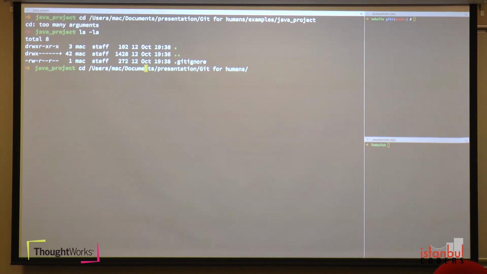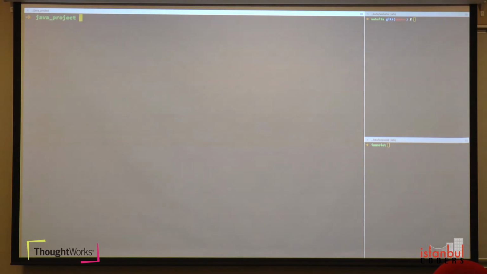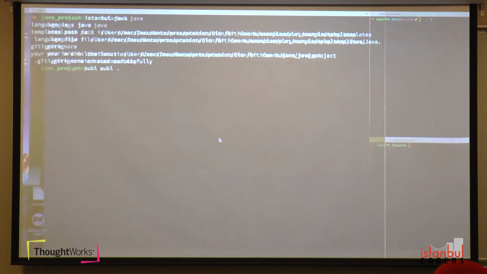cd to this project. Git for, okay, we go to Java project. Okay, it's empty, there is no project. Okay, if I use now Istanbul Java, it's a Java project successfully. If I use Sublime,